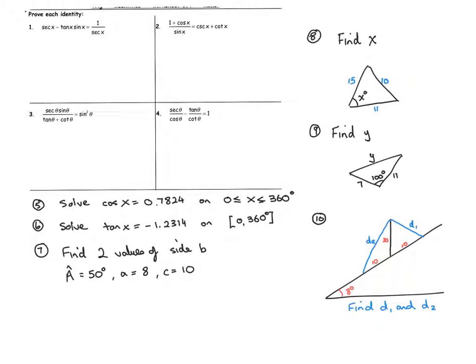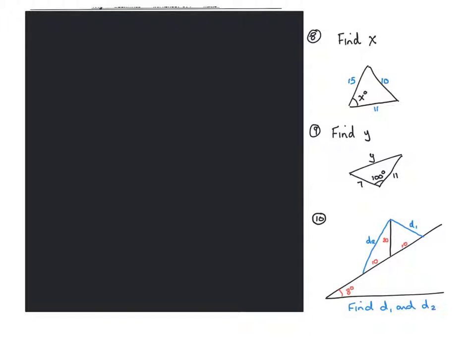Okay, question 8, 9, 10 should be fairly straightforward. We'll try and get through those as quick as possible. 8 is going to be a cosine rule, so we know that cos x equals adjacent squared. Let's see if we can put them in. So adjacent squared is 11 squared plus the other adjacent squared, 15 squared, minus the opposite squared, 10 squared, all over 2 times adjacent,